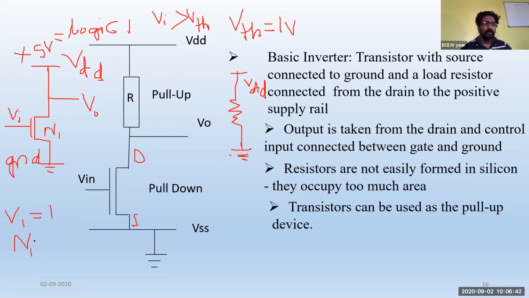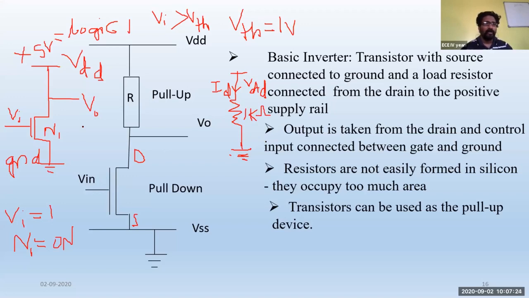If N1 is turned on, definitely what happens? The current will be flowing through this particular transistor. We have studied in the BJT that accumulation of the current takes place at the collector region, and here the collector resembles your drain terminal. So the current which is passing here will be ID. That's the drain current passing through this resistor. Whenever the current is passing, the resistance of this resistor will be equal to 1 kilo ohm.